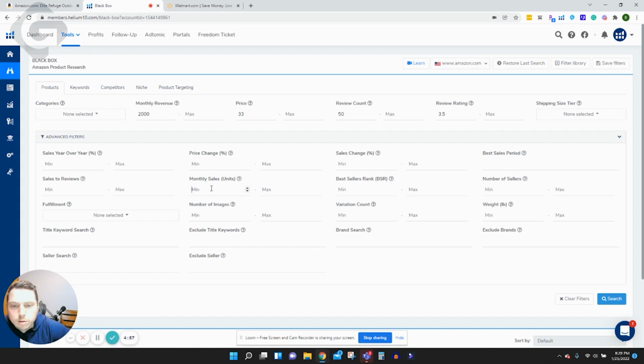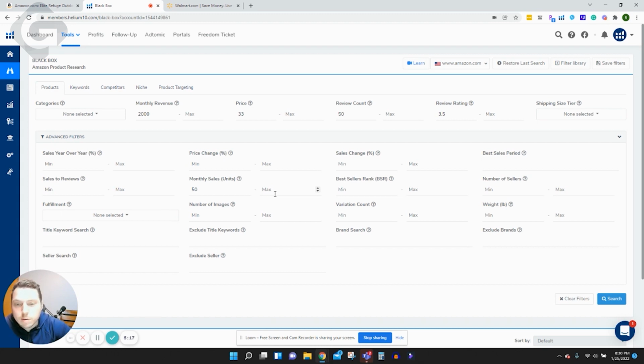What I'm going to do is just set a minimum number of sales. I want there to be at least 50 sales. Now, what I'm not going to get is things that sell 10,000 units a month. Those are private label brands, or those are crazy saturated products. You're not going to be able to find products that you have a shot at being a small seller if